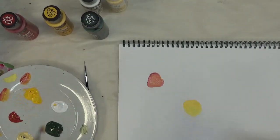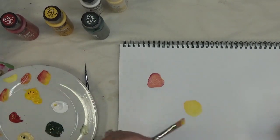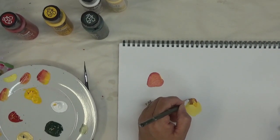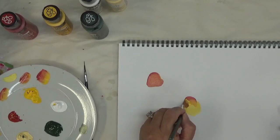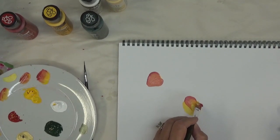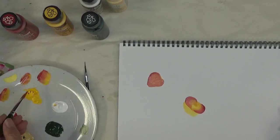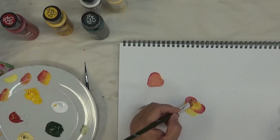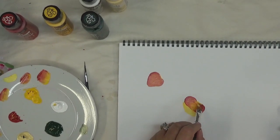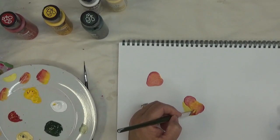Alright, and then we're going to come over here and do basically the same thing with this bigger one, but we're going to slightly have a little bit of a, no, it's not completely flat, but it is a little rounded here, and we're going to come back in like that. Like I said, it comes up just a smidge, comes down in here. We're just going to continue on working with it, and then it'll come down ever so slightly and down into